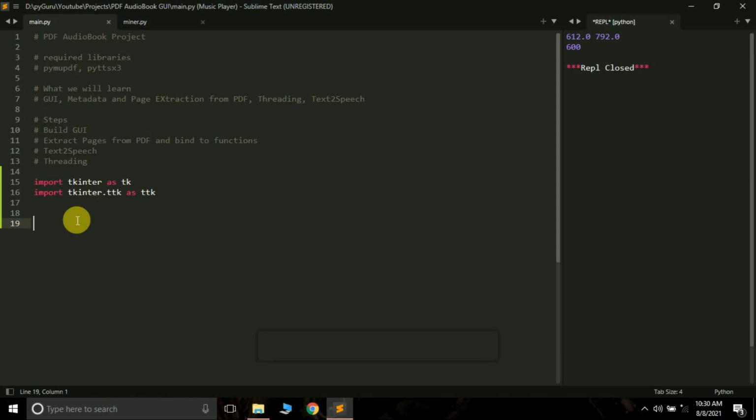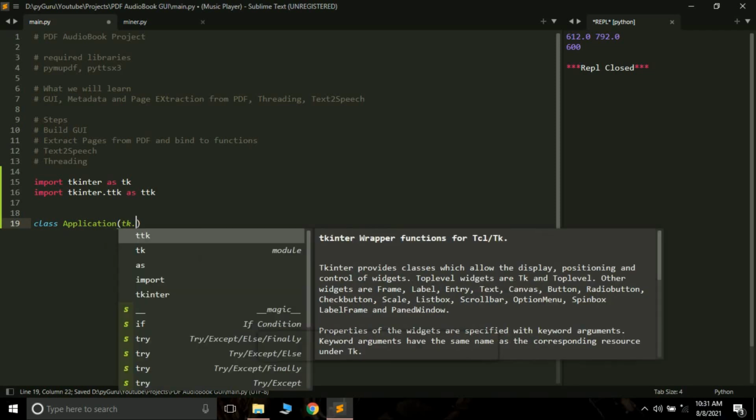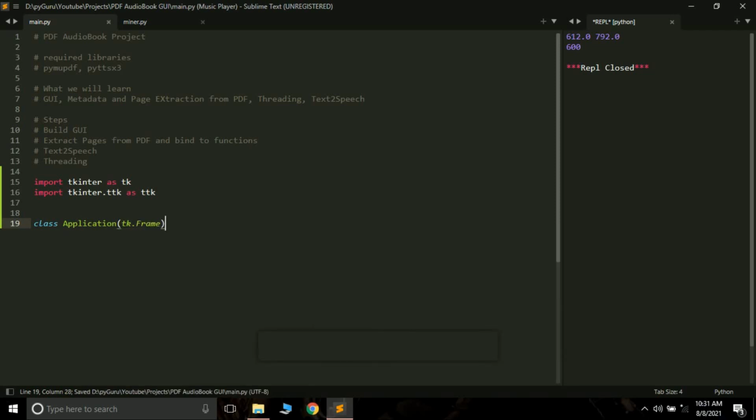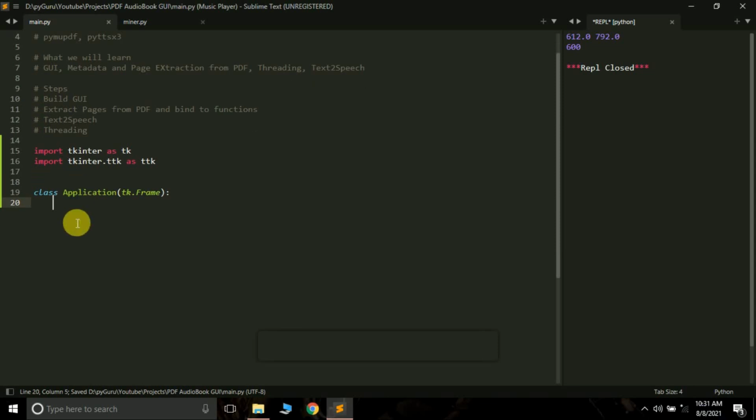Now I'm going to use class Application, which will inherit tk.Frame. There are two ways to build a GUI in tkinter: either you can inherit the entire root tkinter or you can inherit the frame.